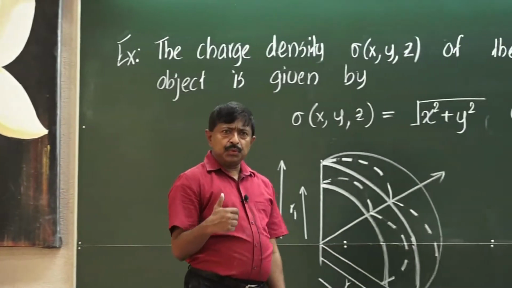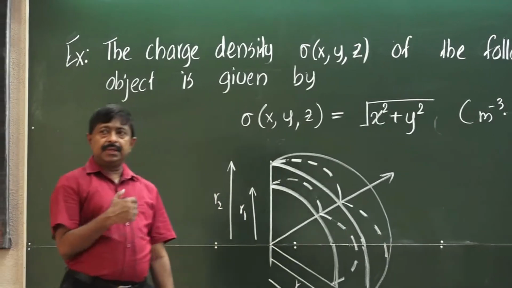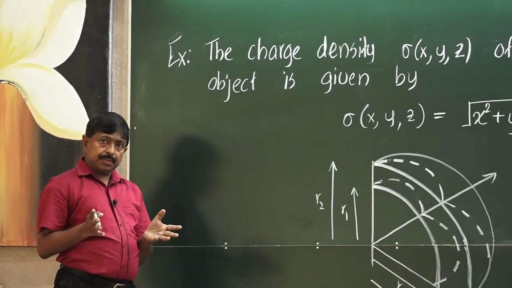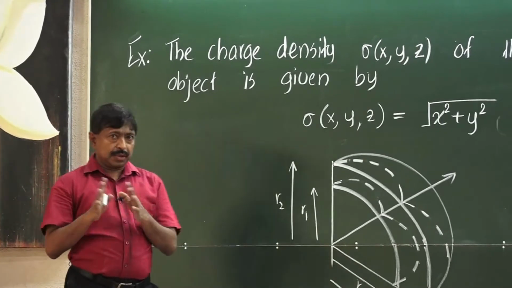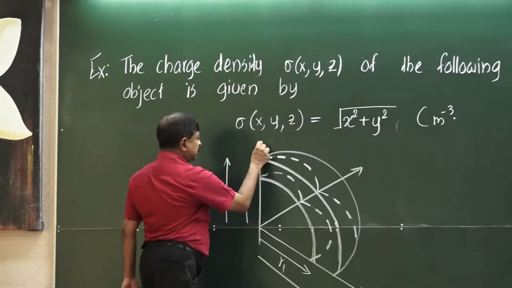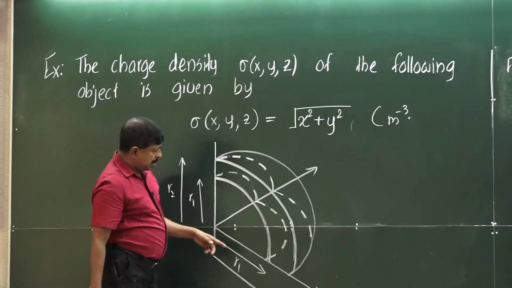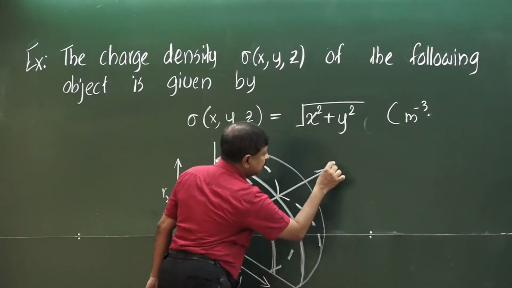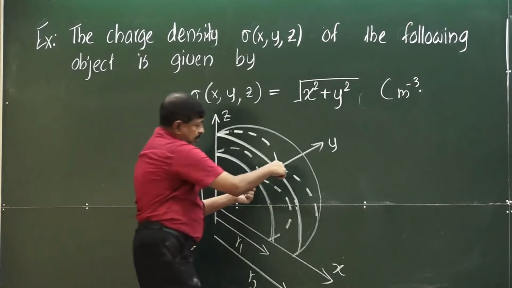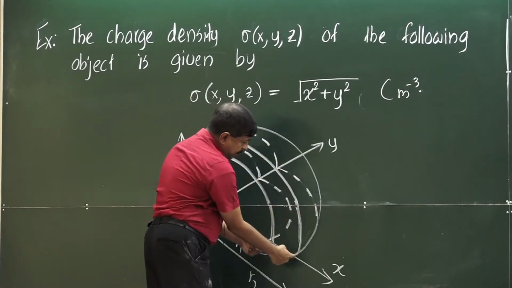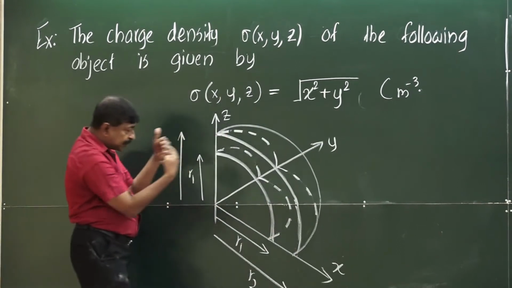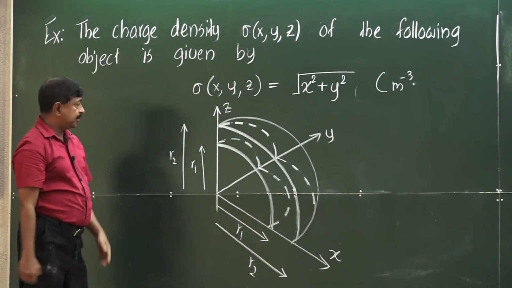We will go through one more example pertaining to spherical polar coordinates. Here let us take up something a little more complicated than the previous one. So, this is the object we are going to consider. It is in the first octant, and this is where it touches the xy plane, this is where it touches the xz plane, the plane closest to us.